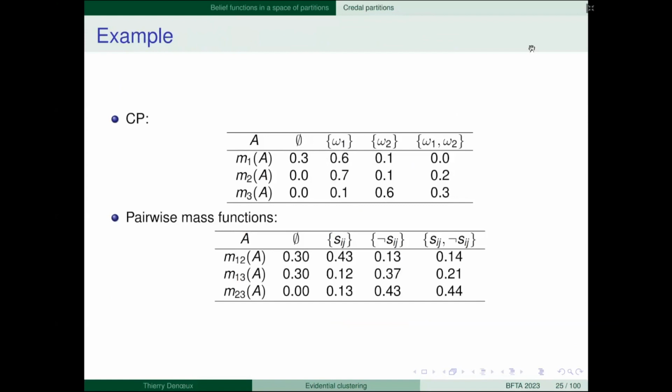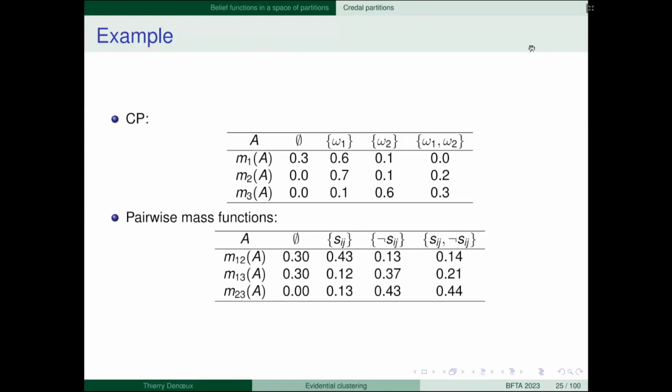So this is an example. Here I have 3 objects with a credal partition, the mass functions, and here we compute the 3 pairwise mass functions. You see that we rather believe that objects 1 and 2 belong to the same group, because we believe that object 1 belongs to cluster 1 and object 2 also belongs to cluster 1. So we have more mass assigned to Sij than to not Sij.